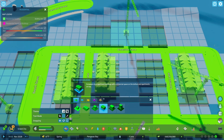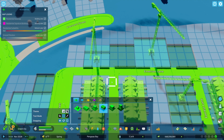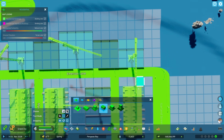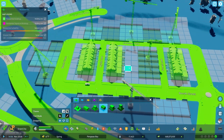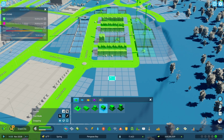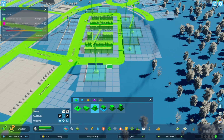Yeah. And then I'll come back in with another mixed use. And okay, yeah, 2x3. Does a 3x3 even spawn? No. Okay, that's fine. But that'll give us some good variety there. And then we'll come back over on this side. I think we did a 3x4 over there, just right up the middle. And then we'll come in with some smaller,